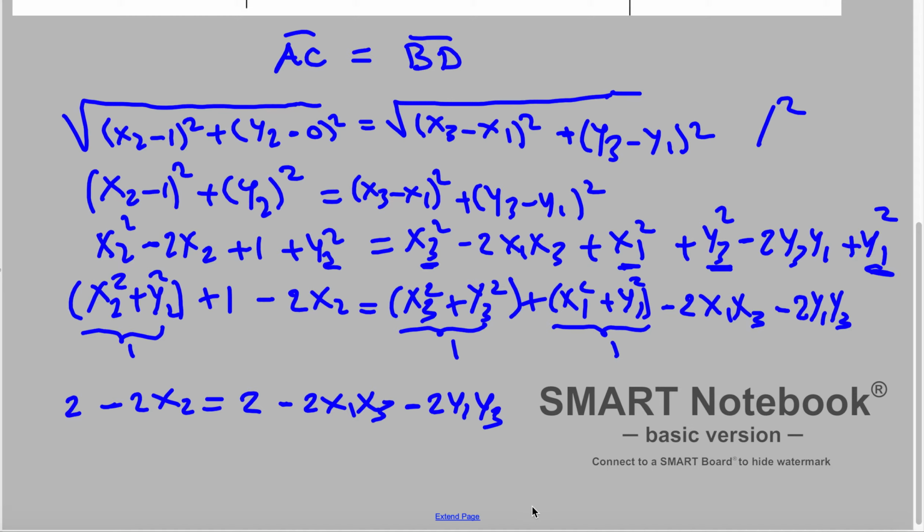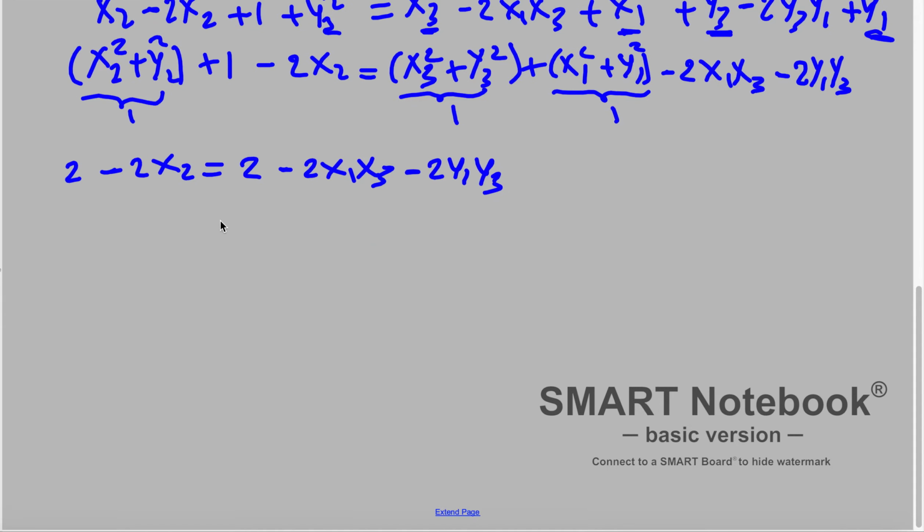So it simplifies little by little. And in the end, we can subtract 2 from both sides. So minus 2 here and minus 2 here, so this cancels. What remains is minus 2x2 equal to minus 2x1x3 minus